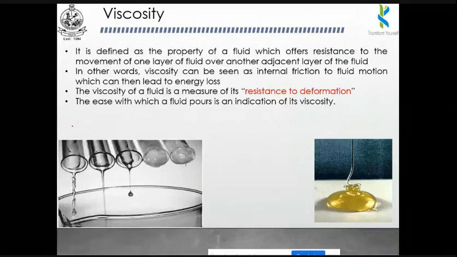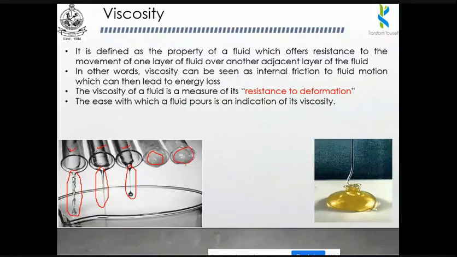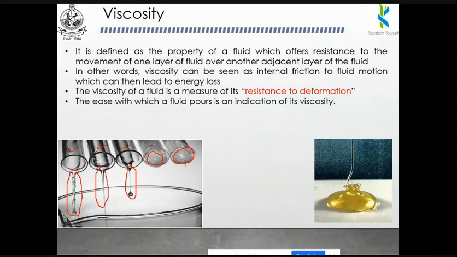Okay, so the best example diagram is here. We have 5 tubes. In each and every tube, we have different fluids. The first one can be water. So please look here. The flow is very high, so we can assume this is water. And this one, we can assume is coconut oil. And similarly, we can assume these are different oils. Please look here. There is no flow in the 4th and 5th tubes. That means we are using high viscous fluids in the 4th and 5th tubes, because the flow is very low.